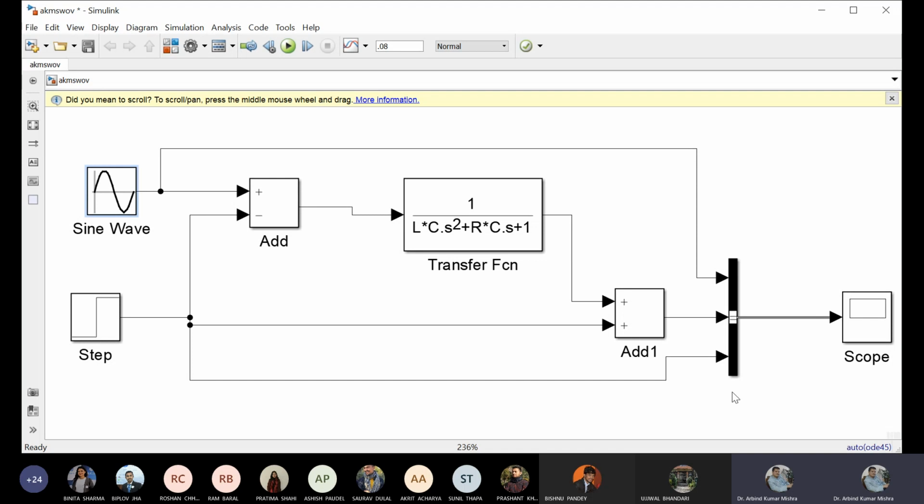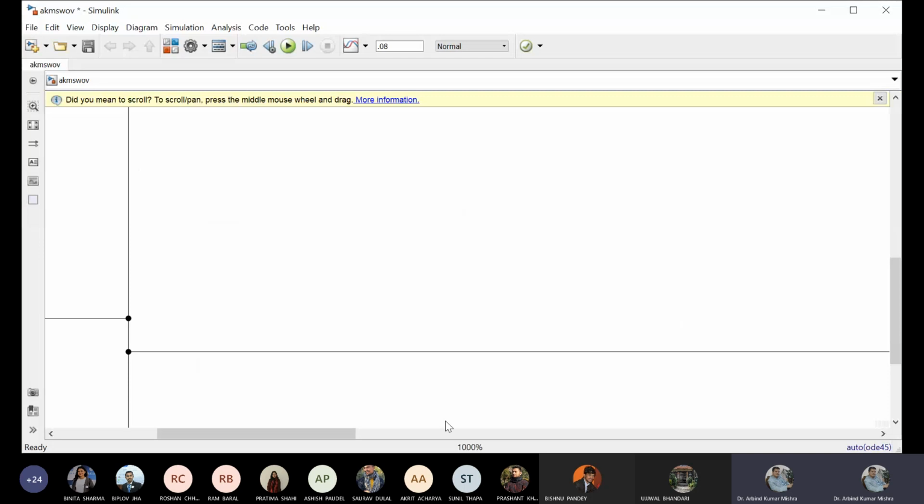Anyway, briefly I will say to you, and you may believe me, right? This is how I have done it, and you can do it yourself. You can make this in a very simple circuit in Simulink. This is the sine wave E, and this is equivalent to the trap charge. This minus this I'm fetching here for the transfer function. Then here we'll get the voltage across the capacitor, and if we add the trap charge again, as we have seen here,